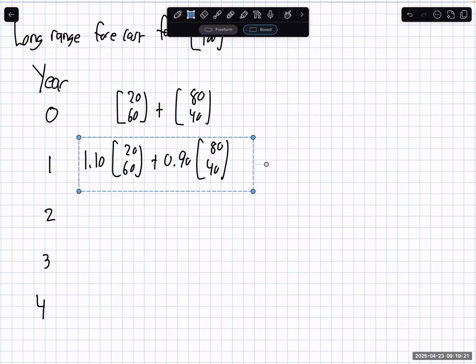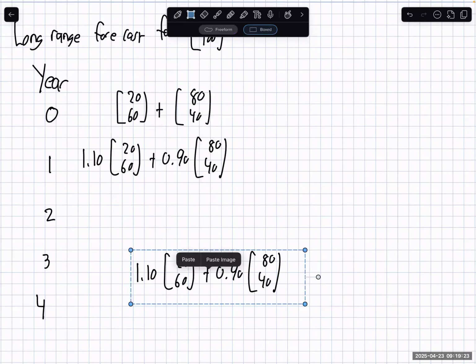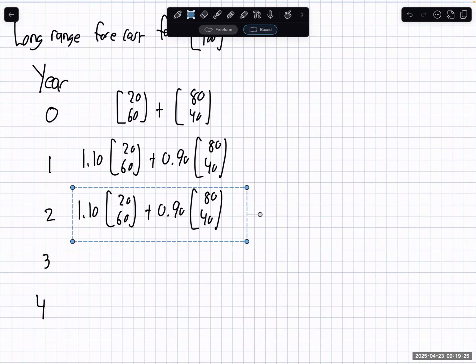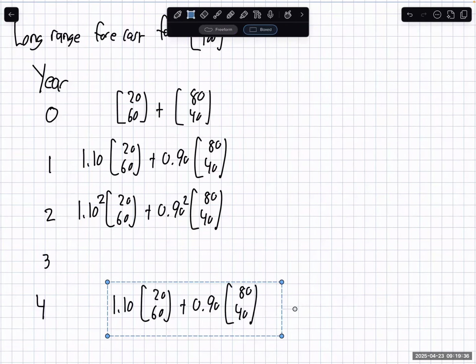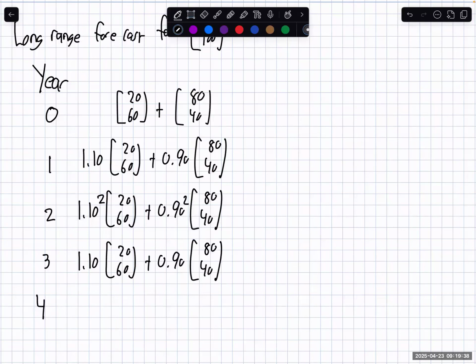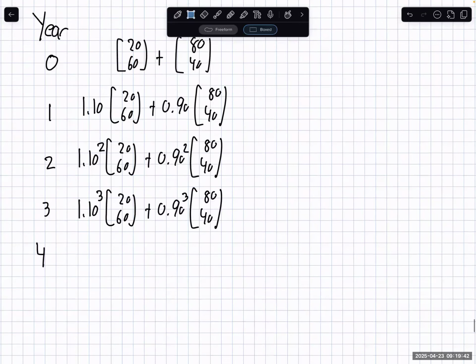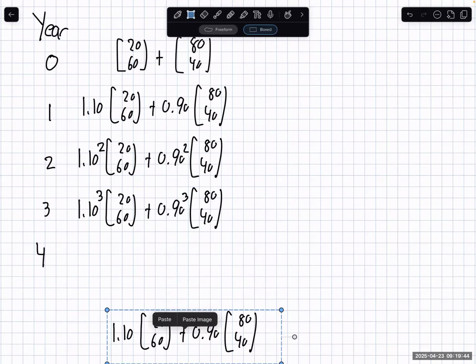And then as I go into year two, this increases by 10% again. That decreases by 10% again. And as I go into year three, and year four,